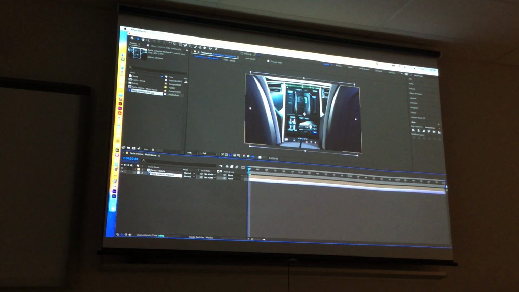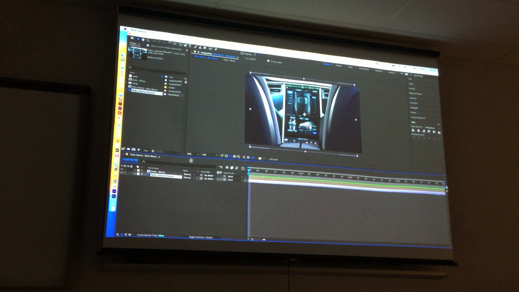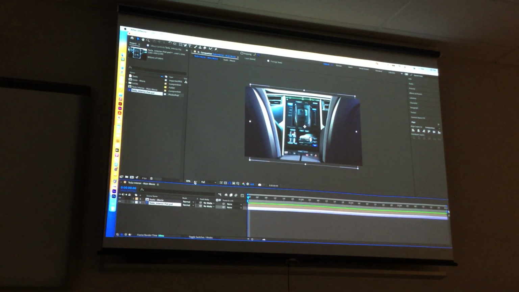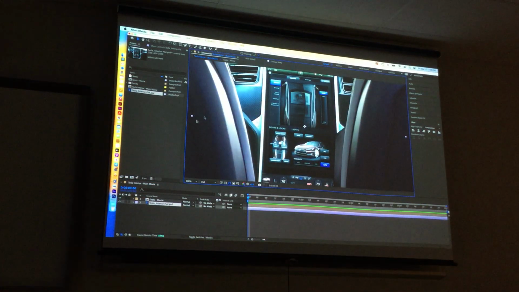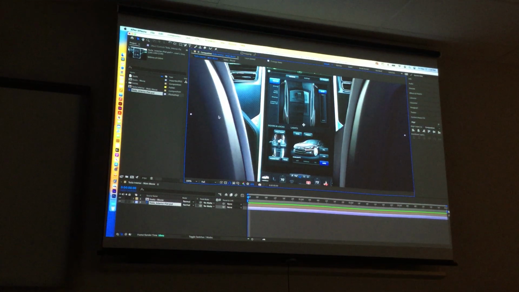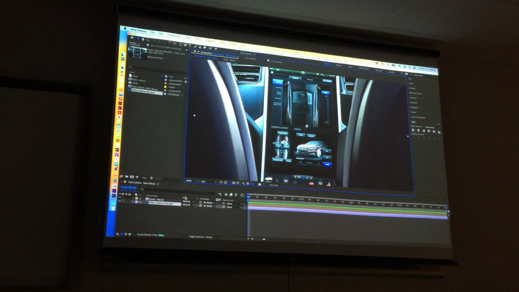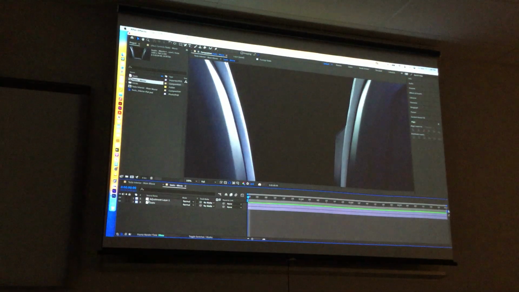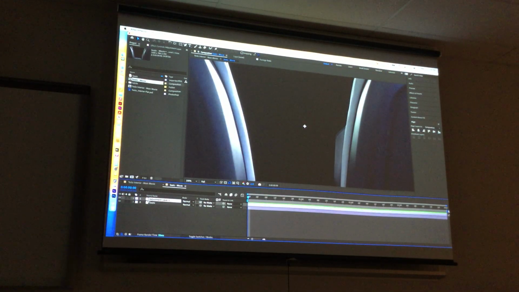Now at this point we could go back into seats to modify how our seats look in relation to the interior of our Tesla. So I might zoom in 100% and say, yeah, those seats have a lot more red, they're sort of flat in color compared to what's going on there. So what I might do is double click on seats and go to my adjustment layer